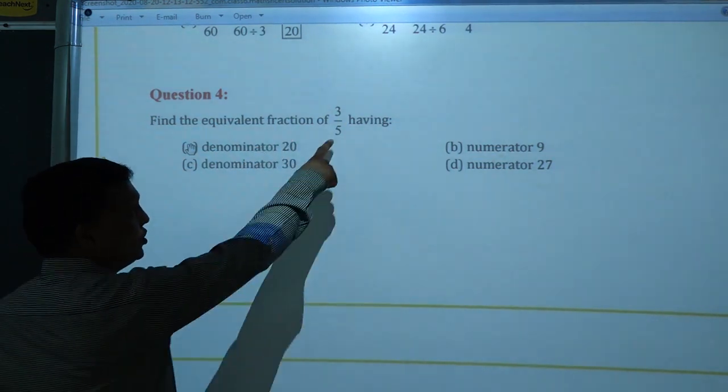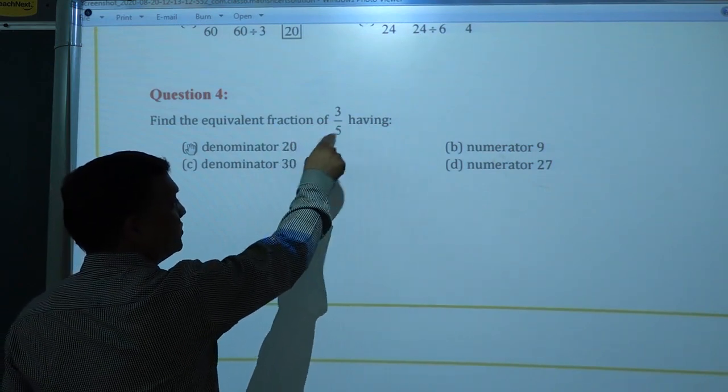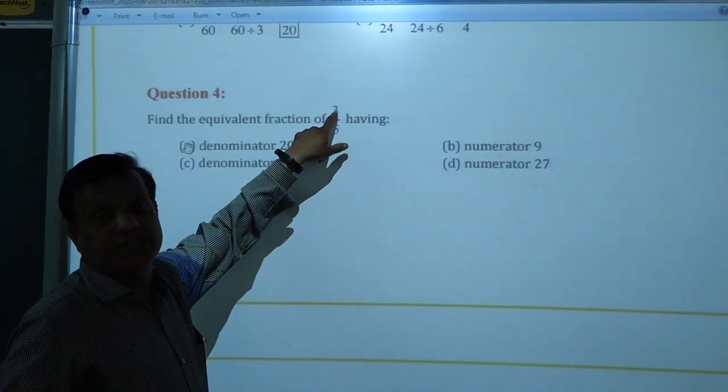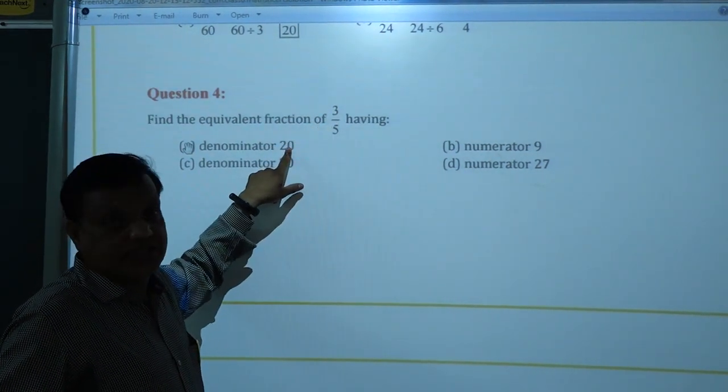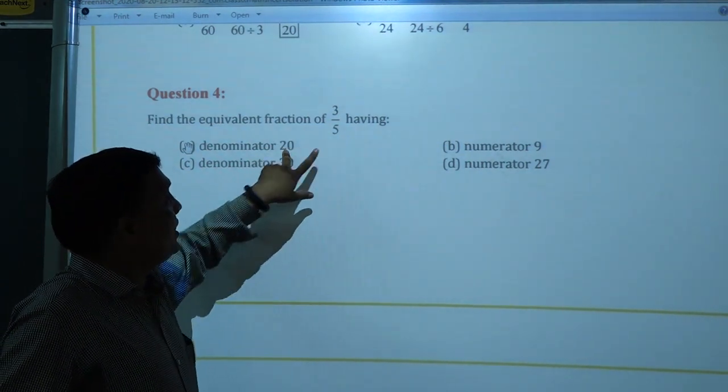Again, same. Both the denominators are given here. So the bigger denominator is given, which means you have to divide the two numbers. You will get 4. The 4 you have to multiply with this 3. 4 3s are 12. So 12 upon 20 is the answer. I will show the answers given below, here I am saying it orally. So 20 divided by 5.